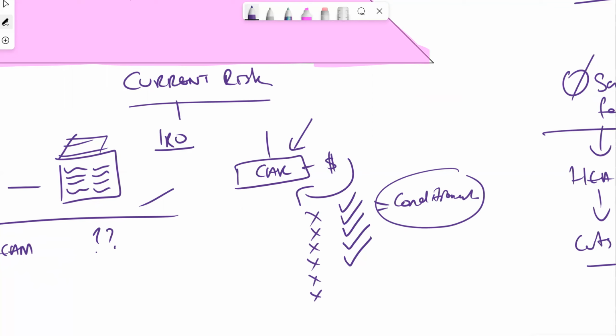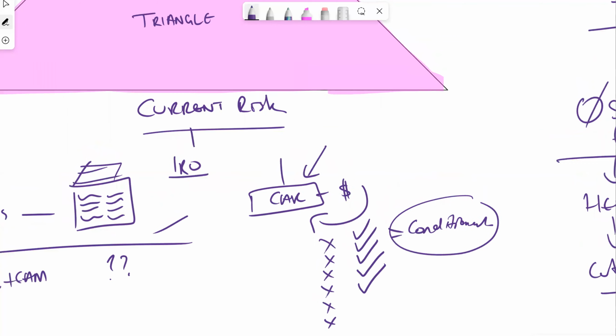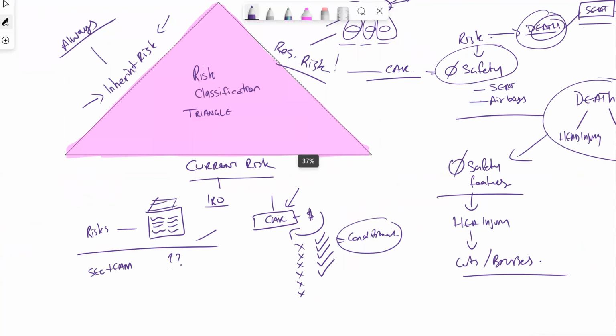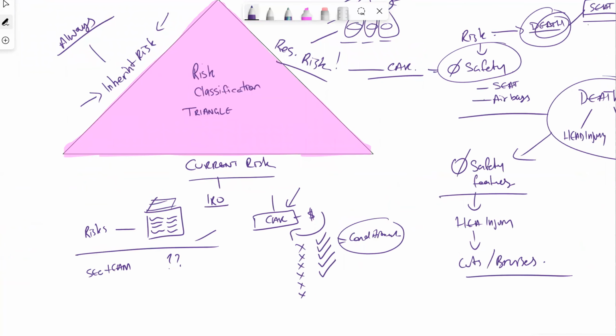So that's current risk. The idea of current risk is a point in time scenario that identifies that there's a risk there at a single given time. We're then going to have to go away and fix those risks, and obviously, as they become issues, we have to address them. So they're the three areas when we talk about risk classification and inherent risks to the business. There's residual risk, like leftover risks. And then finally, there are current risks, which are at that given point in time that we have to go away and